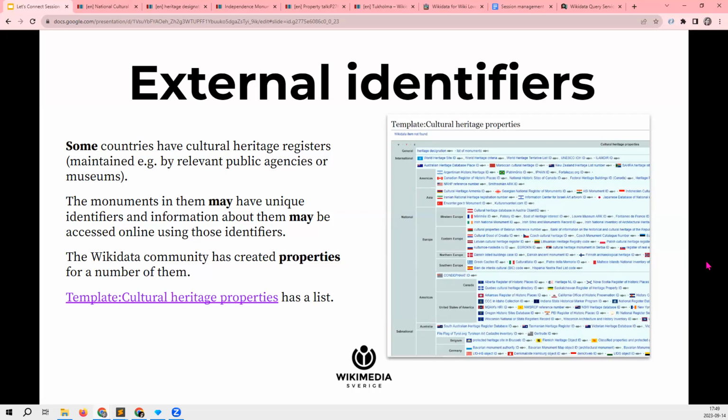Some countries have this sort of heritage registers published openly, and you can look them up on the internet. And in some cases, they will have unique identifiers for their monuments.